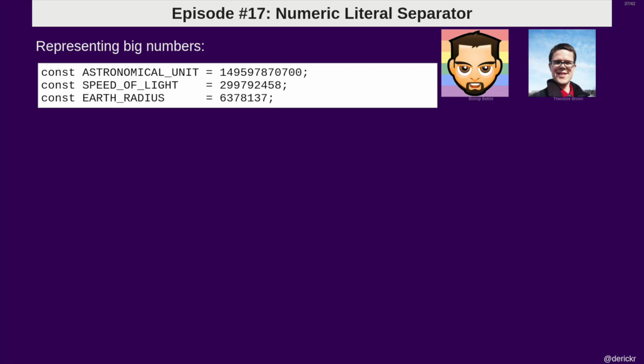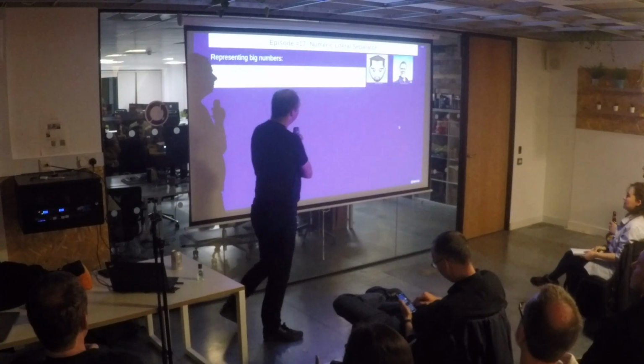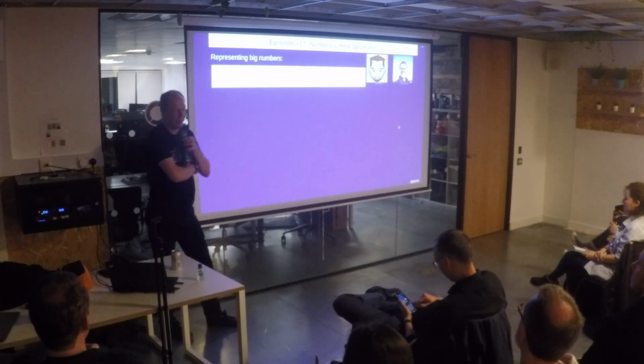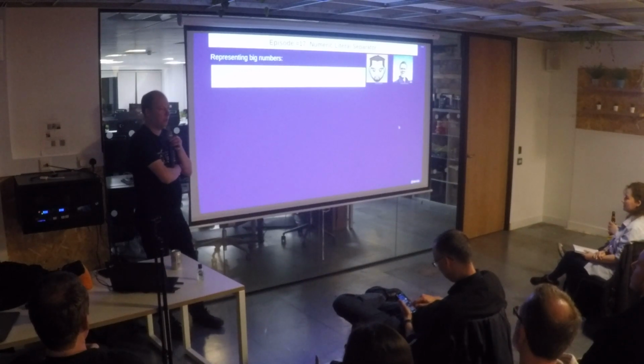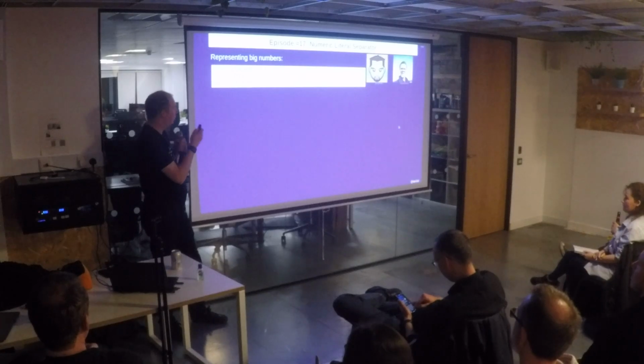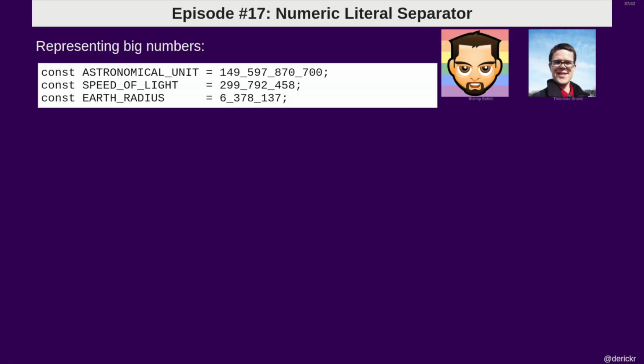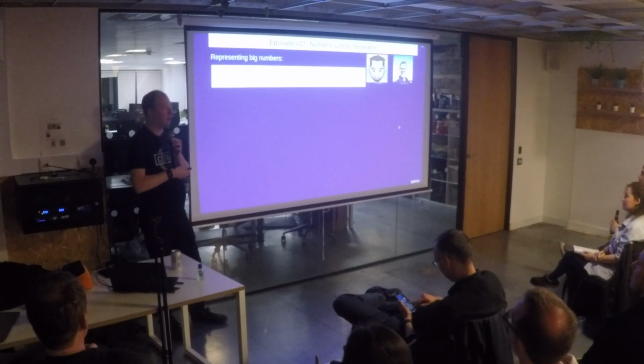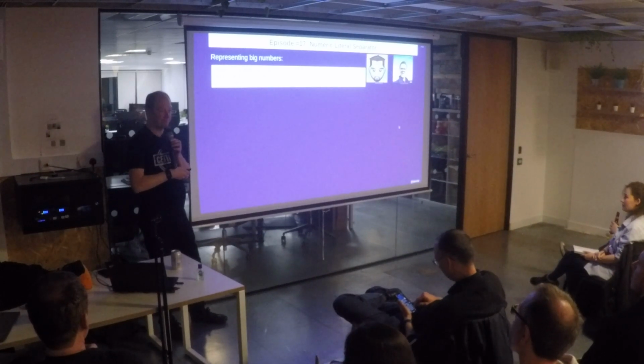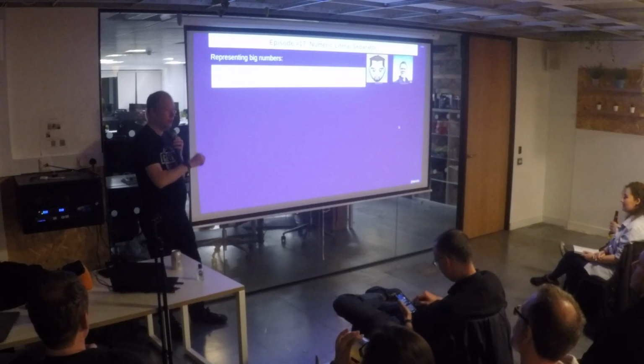These two chaps, sorry I couldn't find a photo of Bishop, but Bishop and Theodore, added another syntax change to PHP, not a functional change, just a syntax change in the parser that allows you to put underscores in numbers. So if you have big numbers that are hard to read, you can now put an underscore in between any of the digits. You can't put them at the end or at the beginning.